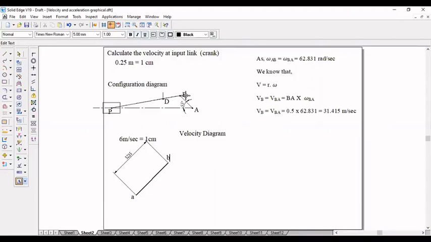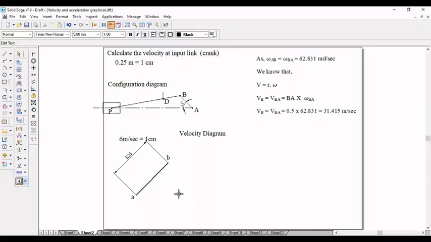Now the next one is this, that is the connecting rod. After B, this is P. D point I'll explain later. A to B is over. B to P, that is the connecting rod velocity. But for this, you do not know the magnitude. They are not given any speed or velocity for this. So you don't know the magnitude, but the only thing you know is the direction. Because for constructing the velocity, you must know the magnitude and direction. So if you don't know the magnitude, at least you know the direction, because it is always perpendicular.